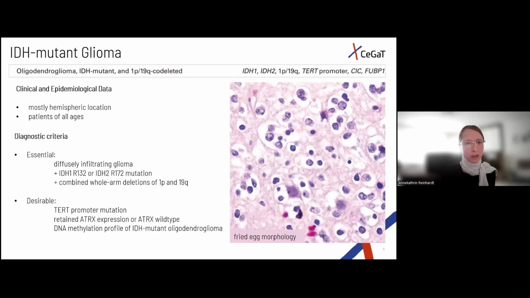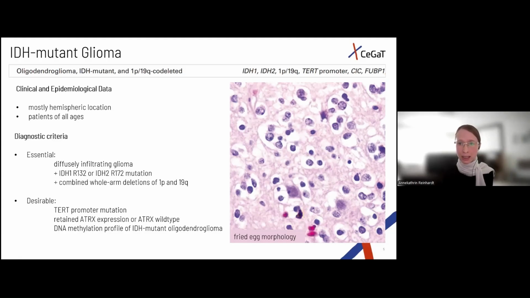Now let's jump to oligodendroglioma. The WHO name of this entity is oligodendroglioma, IDH mutant and 1p19q co-deleted. These tumors are also mostly encountered in the cerebral hemispheres, and patients of all ages can have this entity. Essential diagnostic criteria are also the IDH mutations. Here, the more seldom IDH mutations are more frequent. The most frequent IDH mutation is IDH1